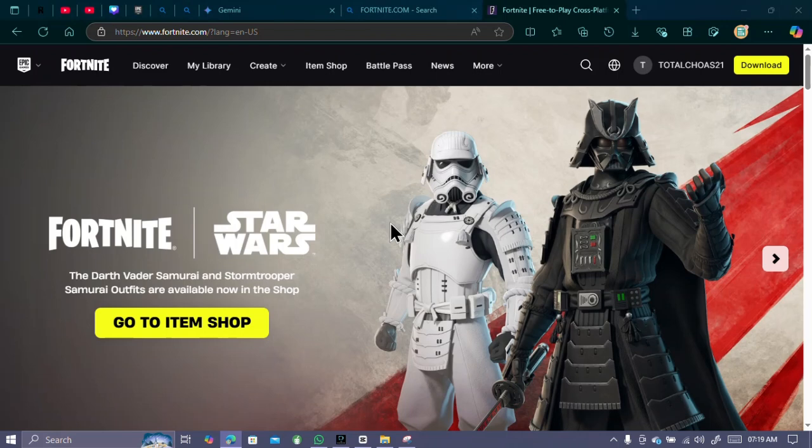Now how do we redeem this? Follow the steps which I'm about to lay out. Go to the Fortnite V-Bucks card website, the official one, which is www.fortnite.com/vbuckscard?lang=en-US, or you can simply sign